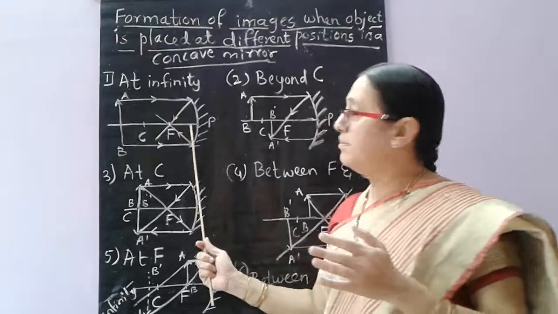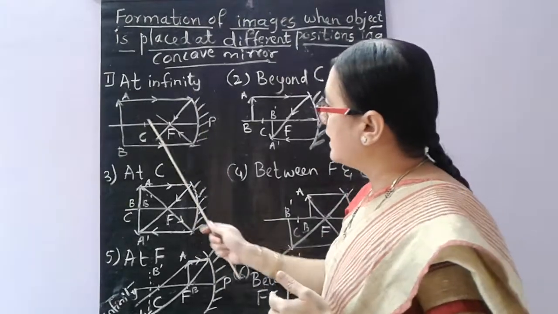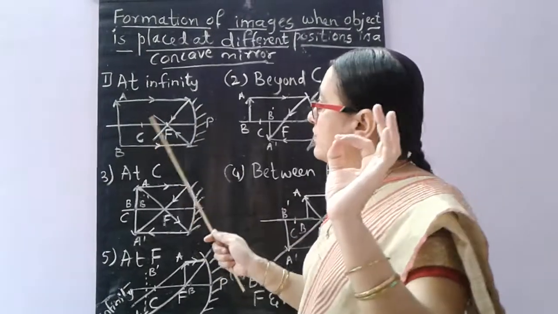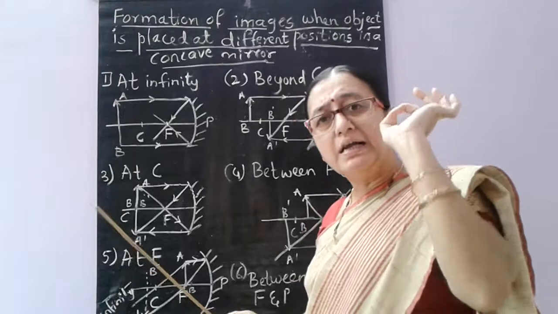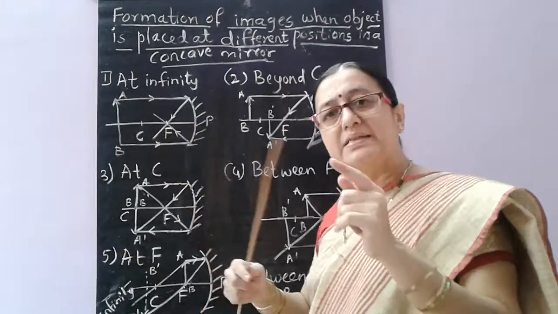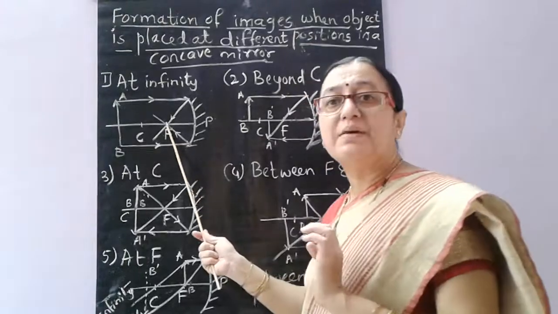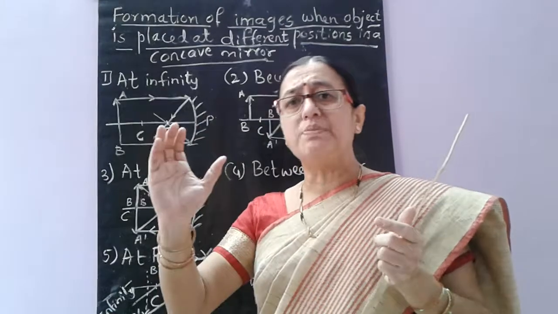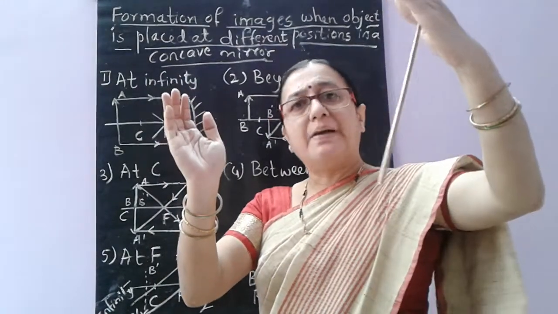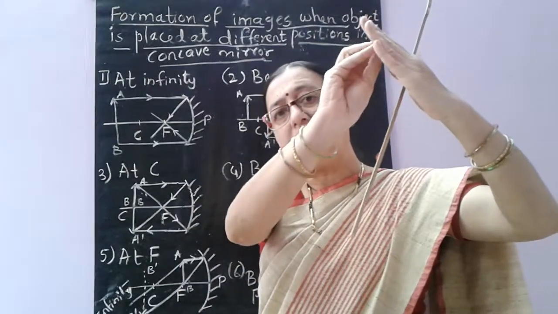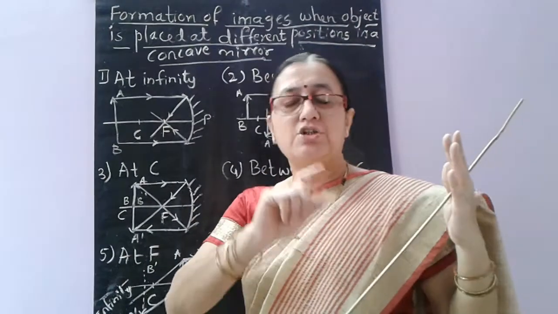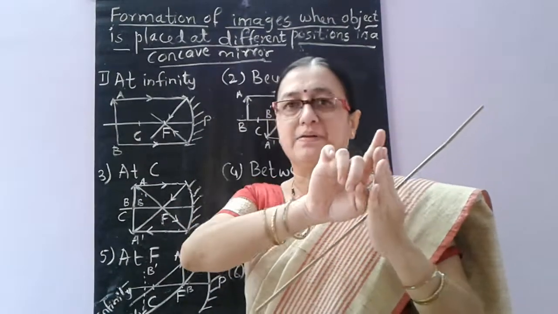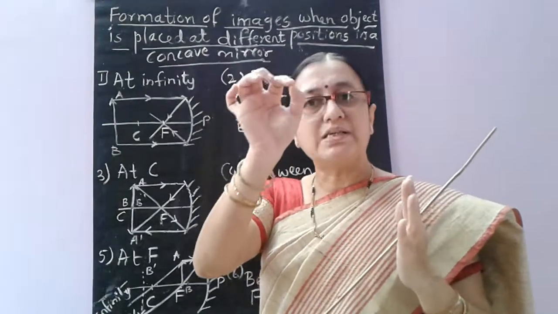When the object is placed at infinity, where is the image formed in a concave mirror? The rays after reflection will meet at the focus F, and the image will be very minute, highly diminished, and it will be a real image. Real means it will be inverted. A point-size image we can see. The best example is if you take a concave mirror, hold it in the sun, and take a paper in front of it. When the rays are made to focus on that paper, the paper will burn. If the paper is burning, it means the reflection of the sun is falling on the paper. That is nothing but the image which is formed there.